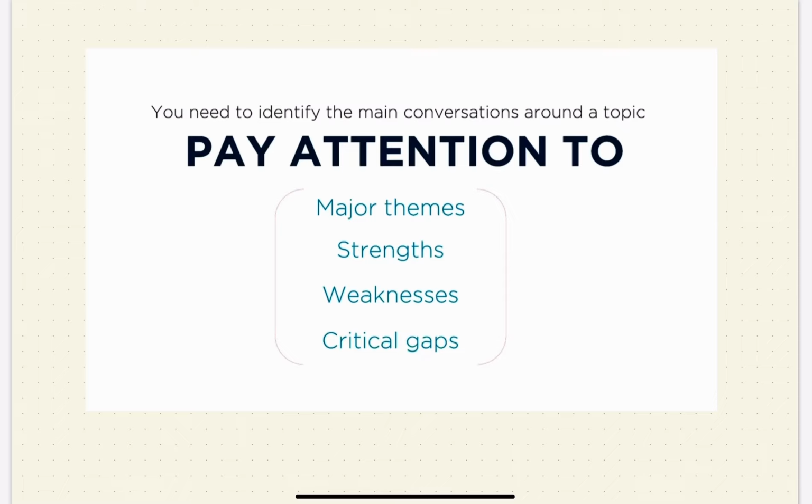And the more resources we look at, the more we begin to notice significant conversations surrounding the topic. And we can ask ourselves, what themes or subtopics appear over and over again in the resources that we're looking at? So along the way, we're going to make note of these different ideas because they become categories that help us organize and prioritize the learning that we need to do in order to make our session a reality.